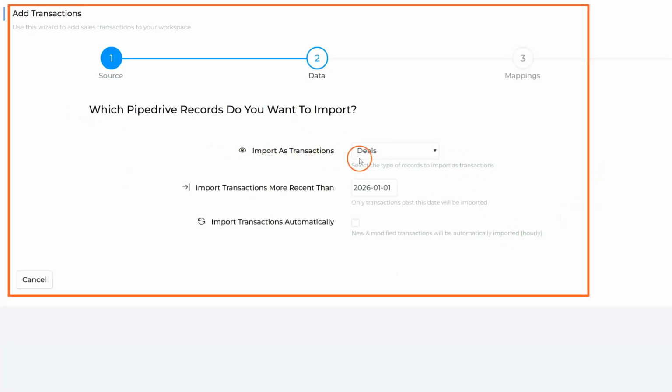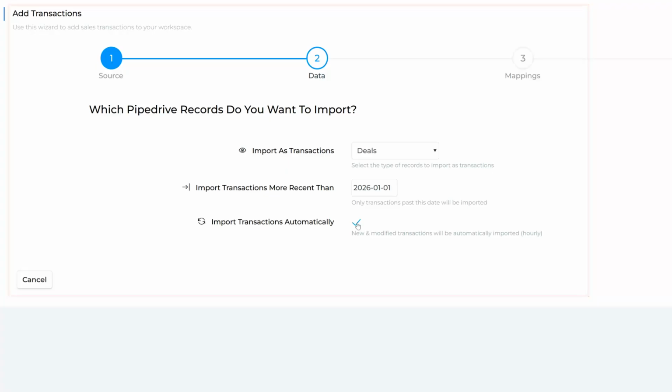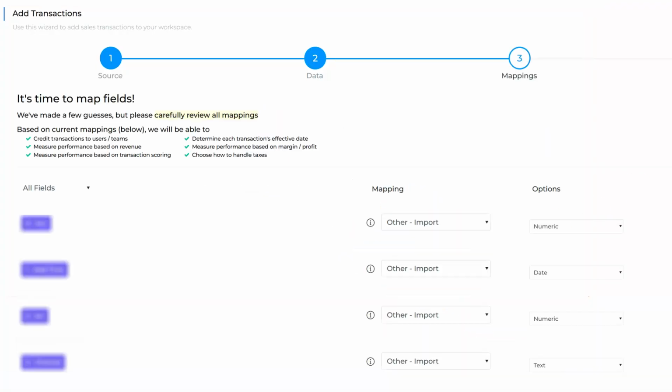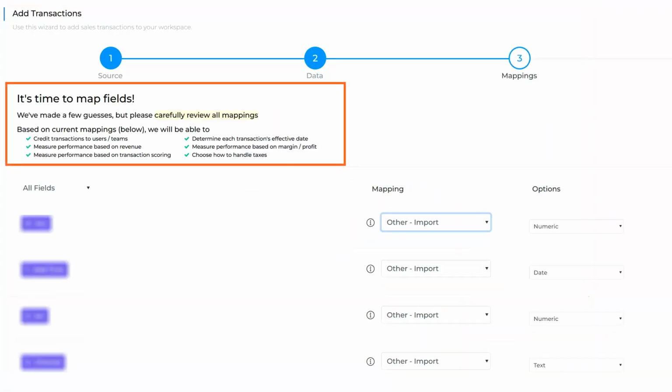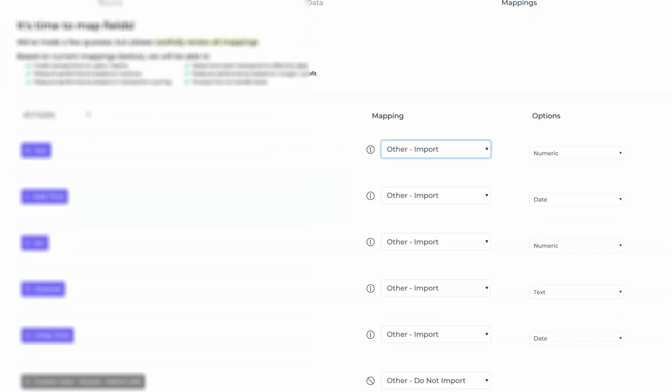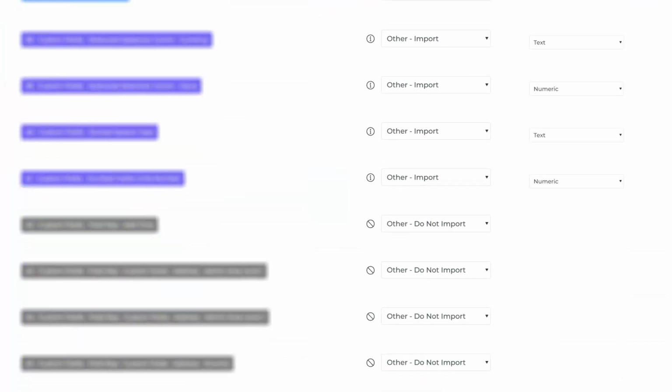I'm syncing deals since my commissions are based on that. I'm pulling data starting from the start of 2026, and I want Sales Cookie to fetch new and updated deals every hour. During your first data pull, Sales Cookie walks you through simple mapping steps so you can correctly credit